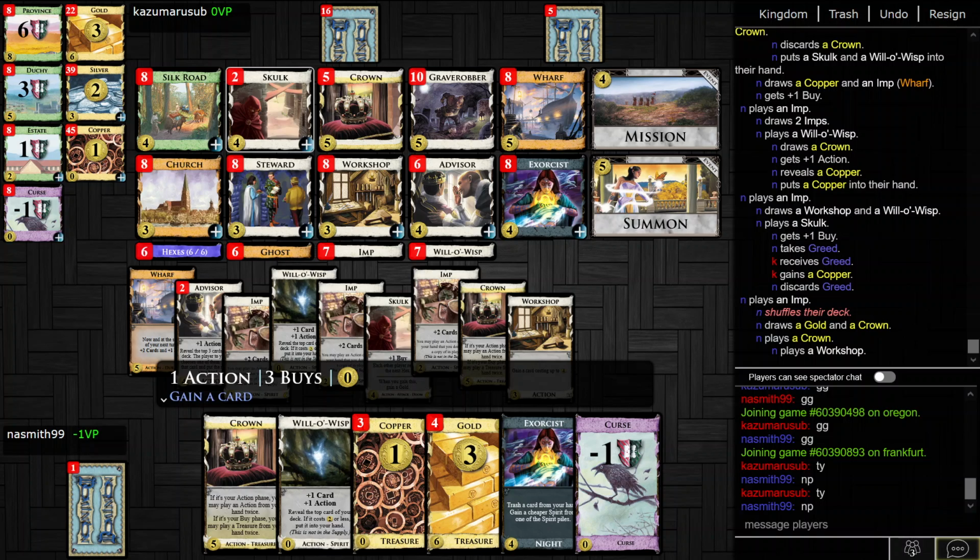I mean, 2 Skulks certainly puts a lot of bad cards on top of my deck. But maybe that's okay. Actually, you know what? 2 Skulks is really bad, right? Because I don't get any value out of those golds next turn. So, what's my bottom card? I think it's, well,